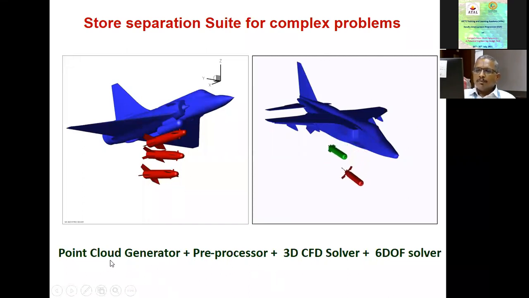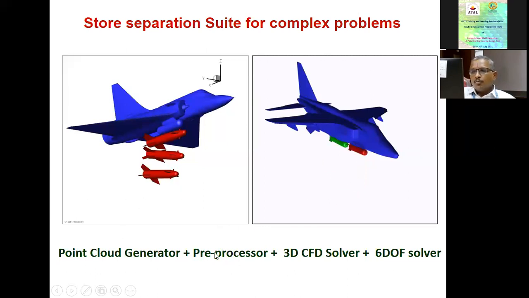You need, first of all, a point cloud generator. This point cloud generator represents obtaining the clouds from individual grids, which I explained in great length. So we have one tool where we combine the set of points from individual clouds. That portion is taken care of by one individual tool called the point cloud generator. Then we have to build a lot of logic into it: deletion of points, addition of points, and, if it is an unsteady problem like this, movement of the individual clouds. This is taken care of in another part of the suite with a separate tool called the preprocessor.